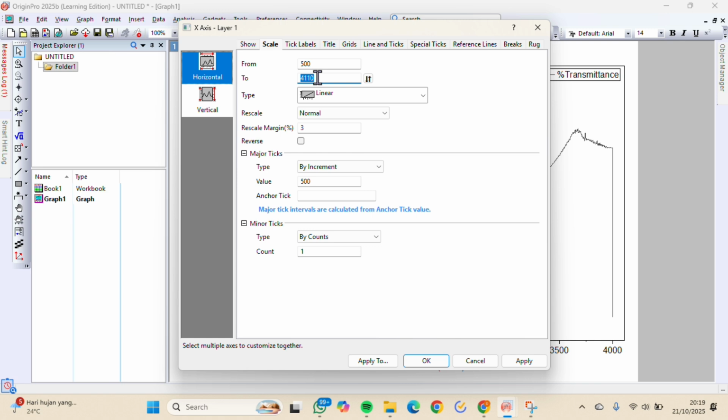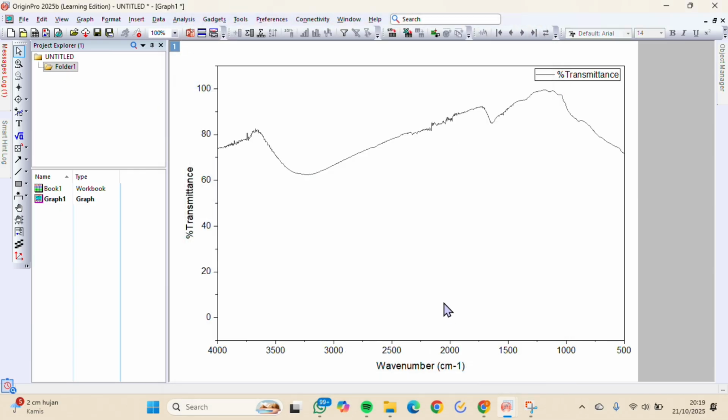We change the from to 4000 and the to 400. In the FTIR graph, the axis runs from the largest to the smallest value, so we need to adjust the upper and lower limits of the x-axis. And this is the graph that we get.